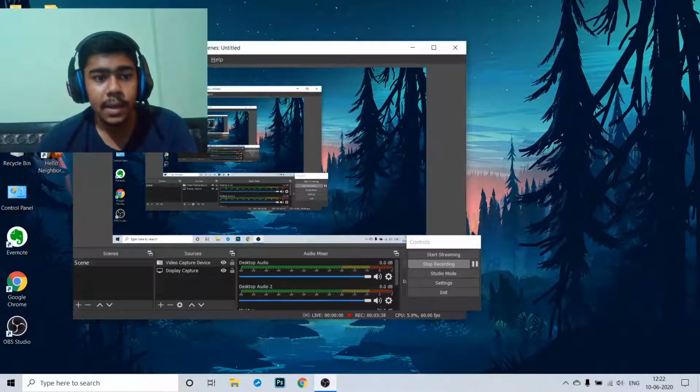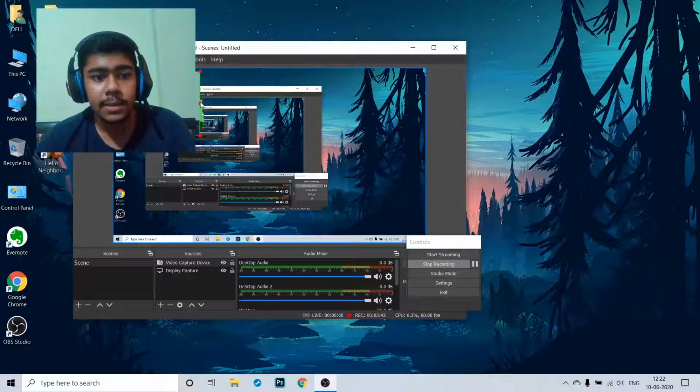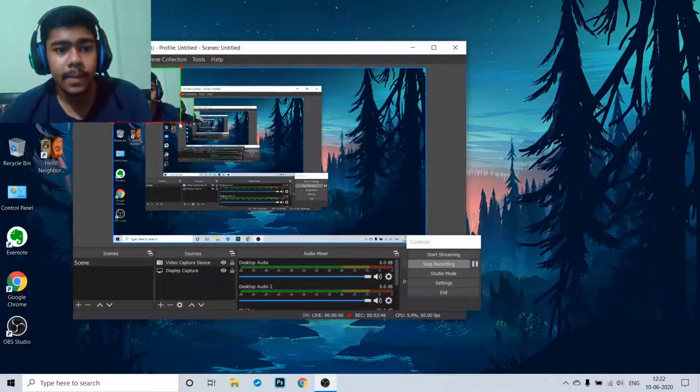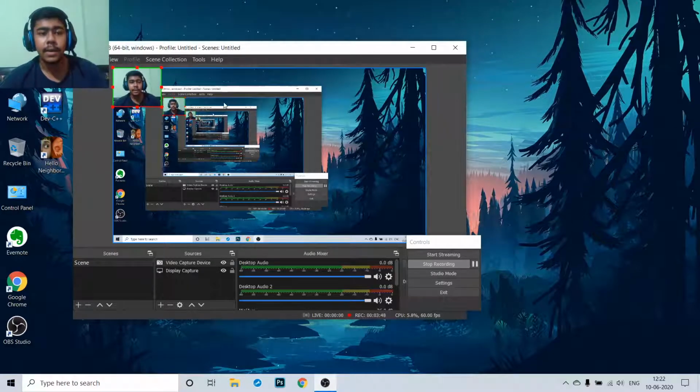Yes, as you can see, I can reduce it from any direction, so that only my face is visible over here, and let me just reduce it from here, and you can just set it up and reduce the size of it. Simple, right? Don't use Alt while reducing the size, but if you're cropping your image, then definitely you will have to click on Alt.